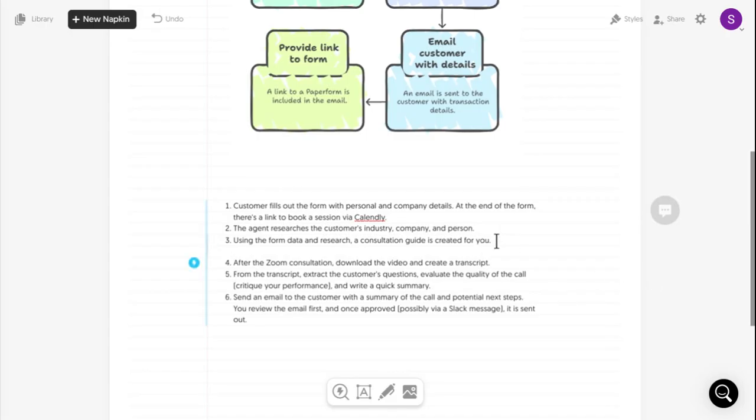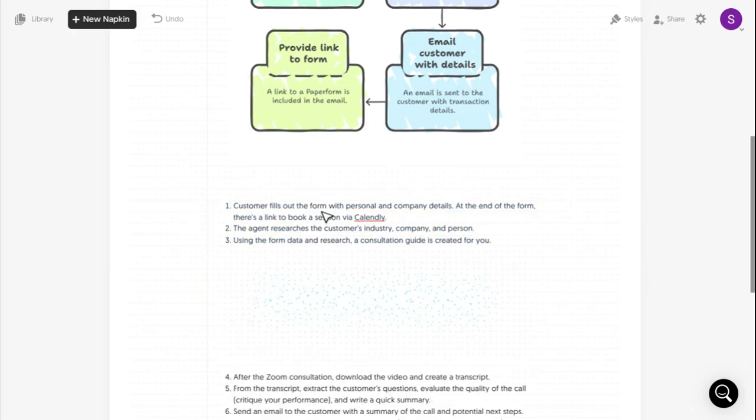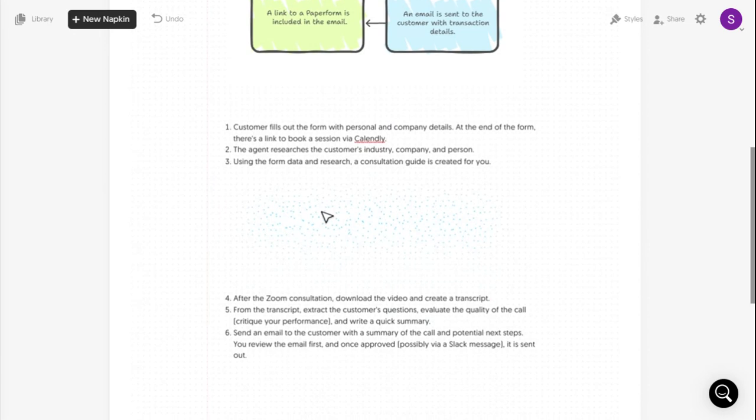Now let's generate the visual of this. Simply copy and generate a visual. Here we can see Napkin is great for this. Let's generate from